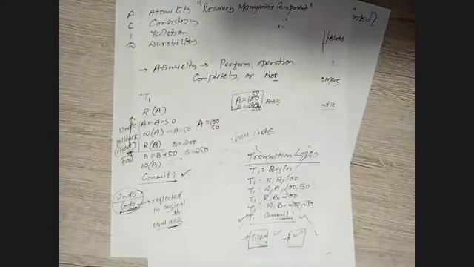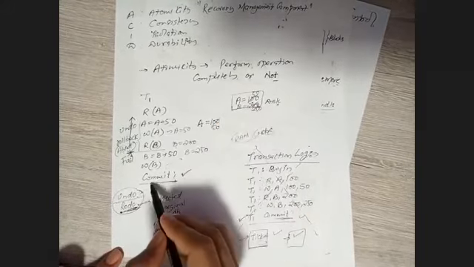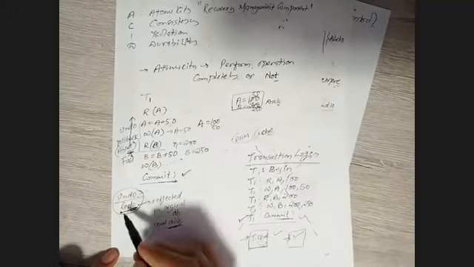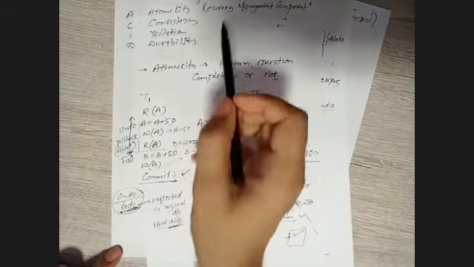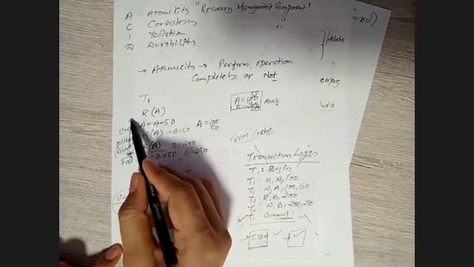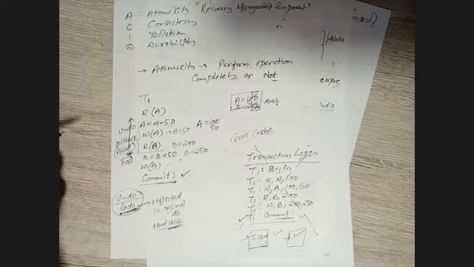I hope you have understood. Either you perform the transaction completely till the commit statement, and you make the changes in the original database with the help of the redo operation, and the transaction recovery management component keeps a transaction log to recover things. If something happens in between, then we roll back, undo the changes, and the transaction will be as if it was not executed at all. So this is about the transaction when you talk about the atomicity property.